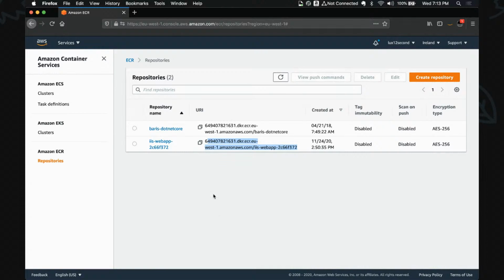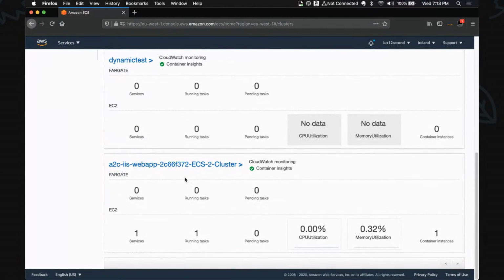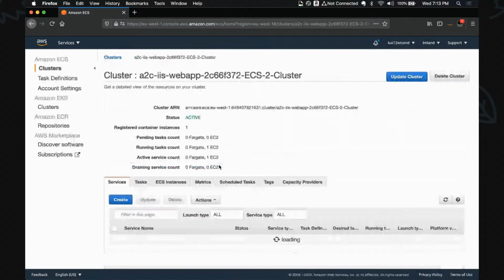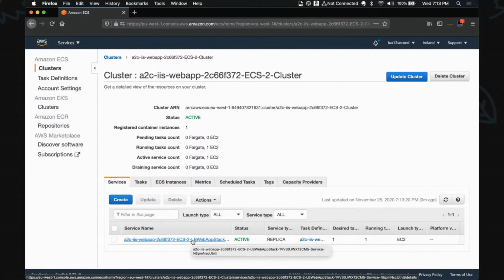Whenever I update or trigger the pipeline, I will have the latest version of the image here, and that will be deployed. If I go to the clusters, this is the cluster deployed by ECS, and it is running a service, which is the image of the application that I converted using A2C.